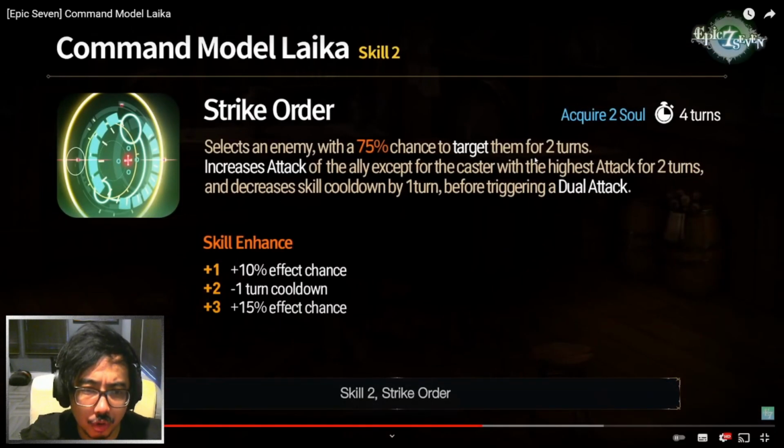All right, skill 2, Strike Order, selects an enemy with a 100% chance after Mola. It's going to be a 3-turn cooldown, chance to target for 2 turns, and then increase attack of the ally, except for the caster with the highest attack. So it's a guaranteed highest attack that triggers a dual attack and decreases skill cooldown by 1 turn. Increases the attack of the ally, except for the caster with the highest attack, for 2 turns, and decreases skill